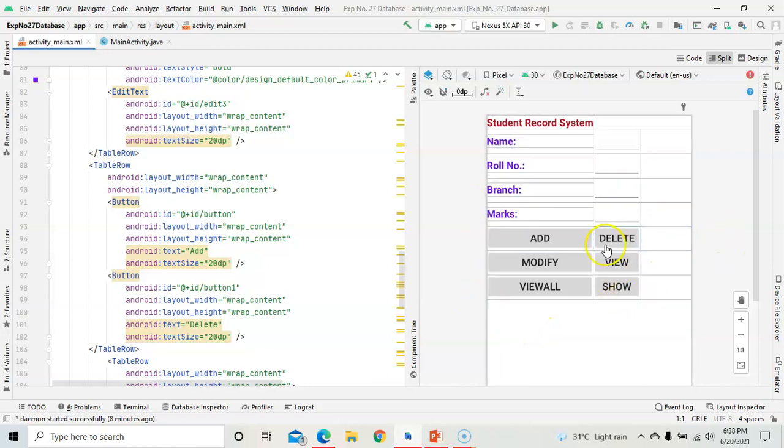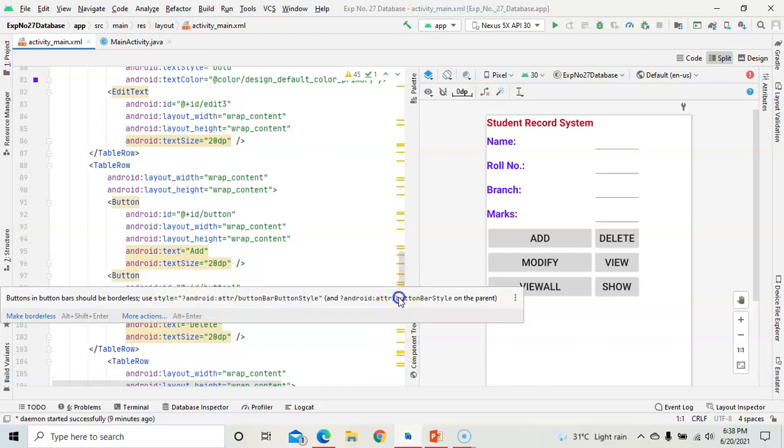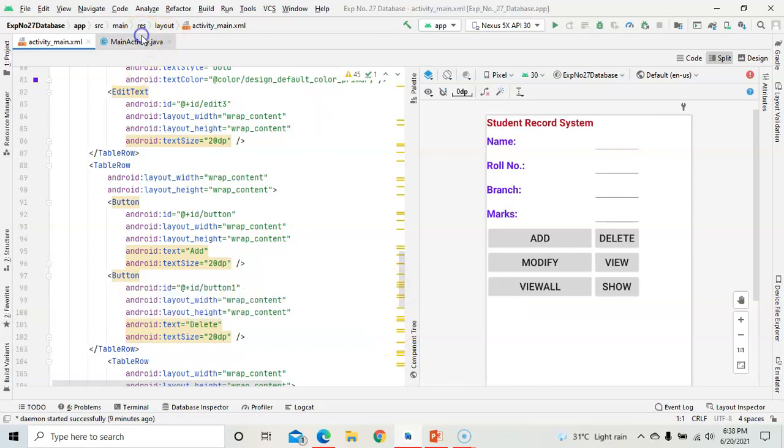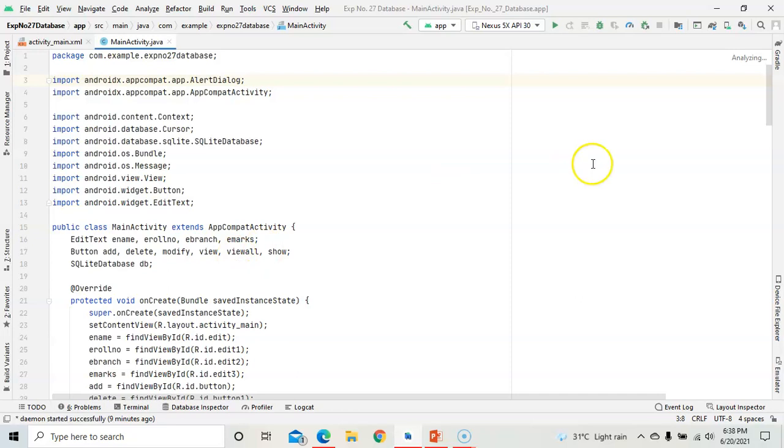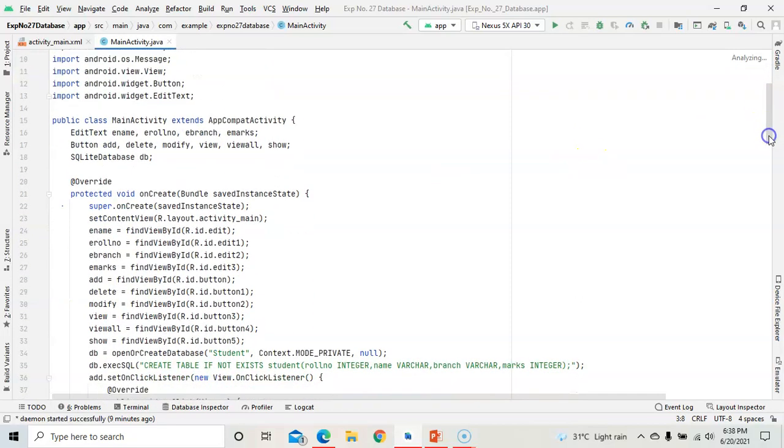We need to perform an action on it by using a SQLite database. So for it, we need to go to the MainActivity.java file. Now here you can see edit text. There are 4 objects of edit text created, that is ename, eroll number, ebranch and emarks.